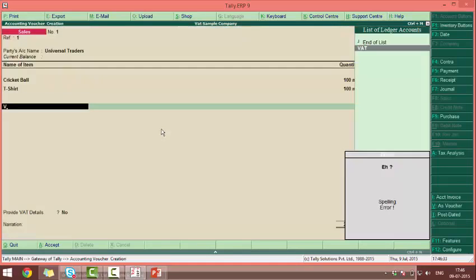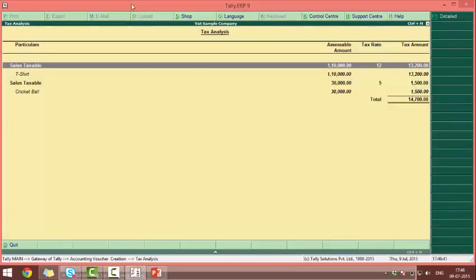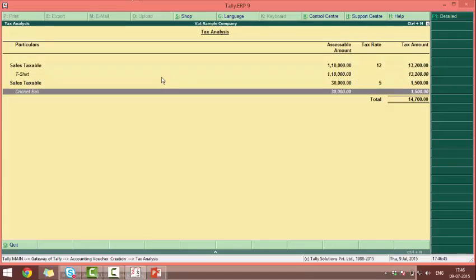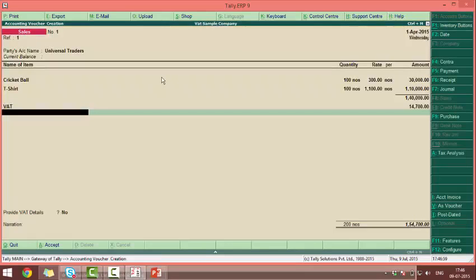We select the VAT ledger. Now you can see in the tax analysis, T-shirt has been calculated at the rate of 12% and ball is calculated at the rate of 5%. So in spite of having stock items of different VAT rates, VAT has been calculated easily.